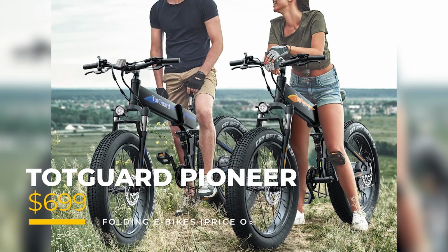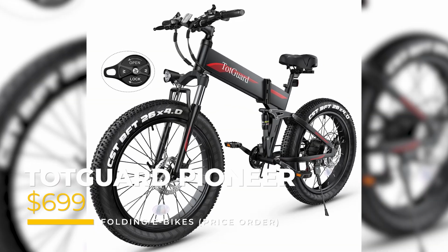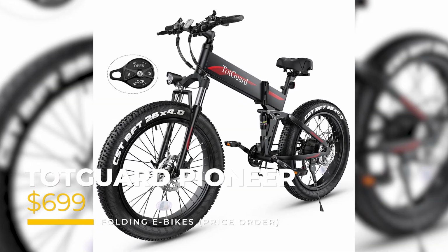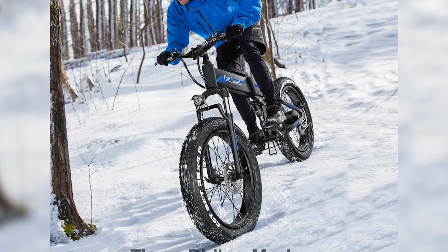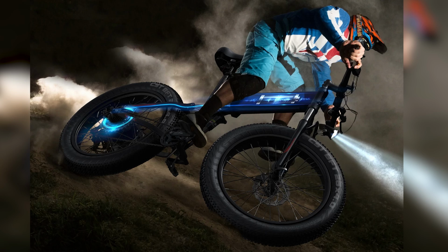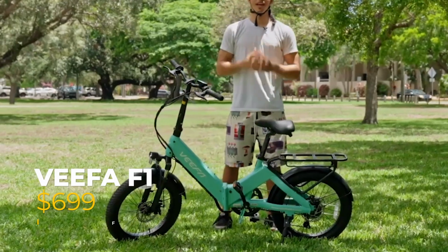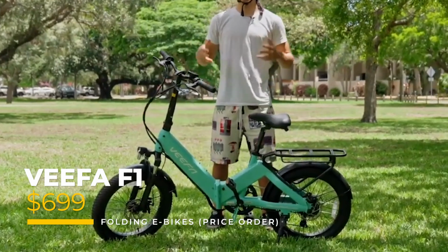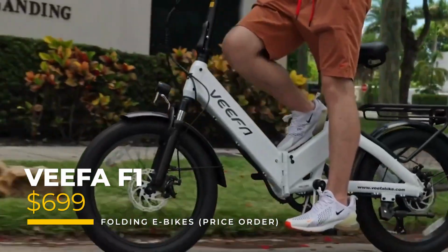Also at $699 is the TotGuard Pioneer. Designed to provide enhanced stability and traction on various terrains, including sand and snow, this e-bike is the first on this list equipped with giant 16 by 4-inch fat tires and a full suspension system. And the last $699 entrant is the VIVO F1 folding e-bike, which happens to be one of my favorites on